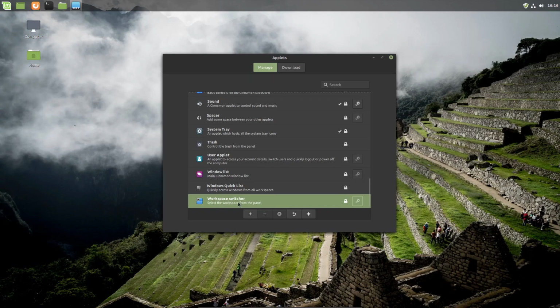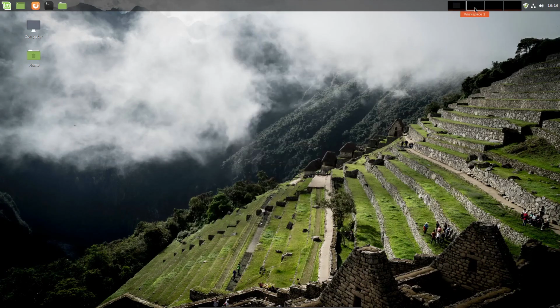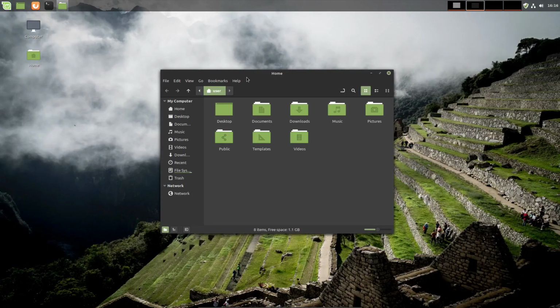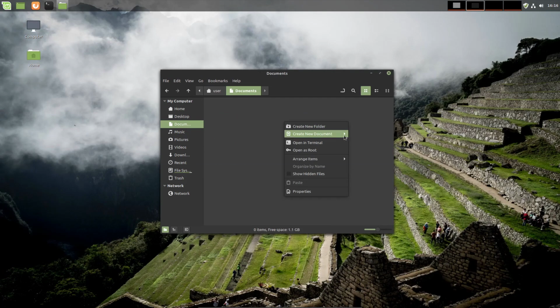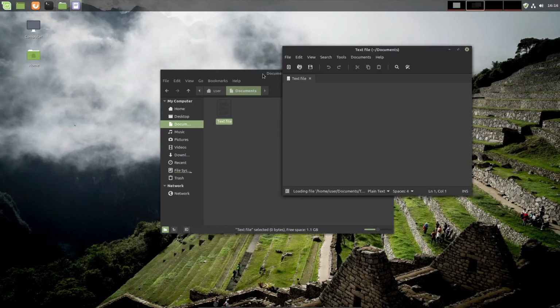So to use this applet, you simply click the plus button at the bottom, and that's going to add it to the panel. So you're going to see now at the top right, there is this new area that's appeared, and this is going to show different workspaces like what we covered in the first video, where if I left click this, it now goes to the second workspace. So let's say if I open up a files window and I'm working on some files, and let's say I'm editing a new text file, and I've got this project going on over here. So now I'm editing this text file,